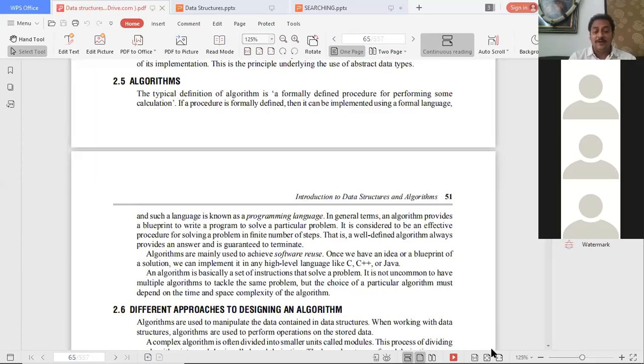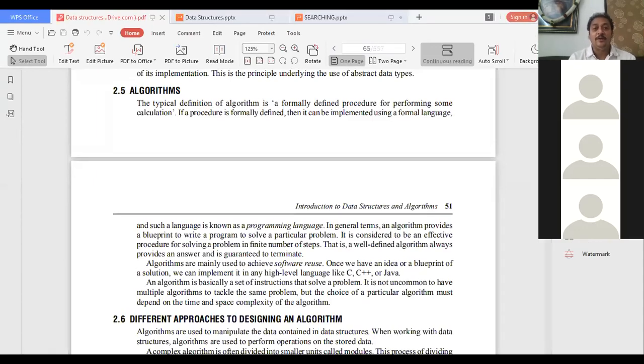Like that, prior to writing any program for a particular task, we are supposed to write the step-by-step procedure. This will be the first initiation: first this, then next this, like that. The different procedure we write is nothing but an algorithm. Which one is to be completed first, which one next, and so on.